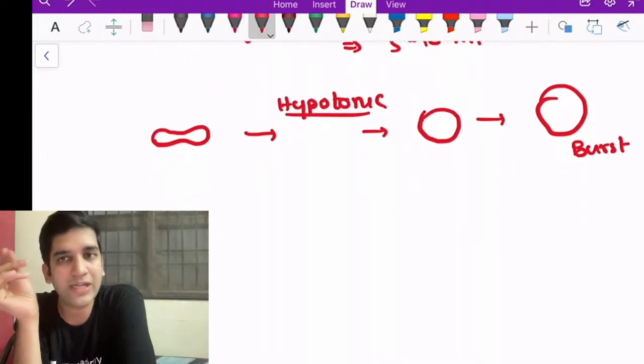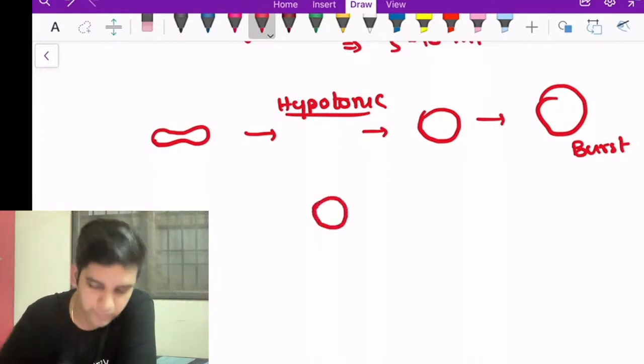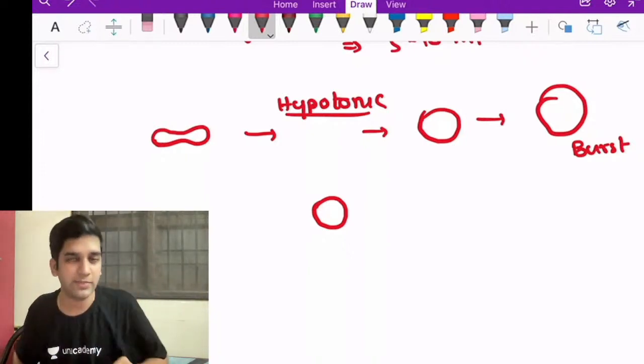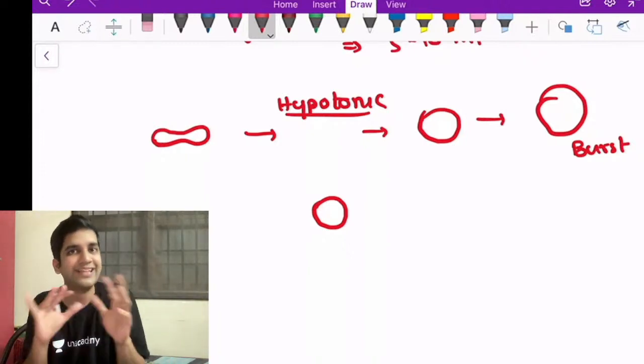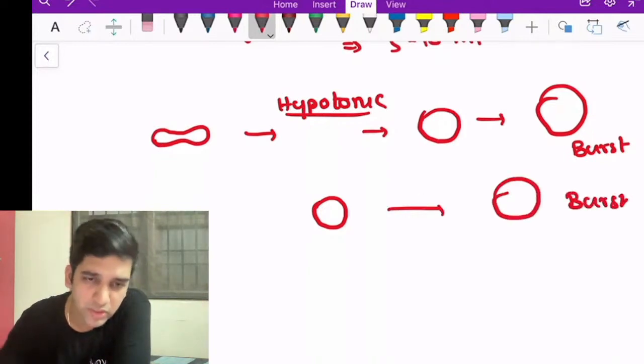In other words, when it's hereditary spherocytosis, it's already round. I don't have enough space, right? Because we just now saw that they are smaller RBCs. I don't have enough space and they are rigid as well, right? So they will swell and they will burst. So if this is true,